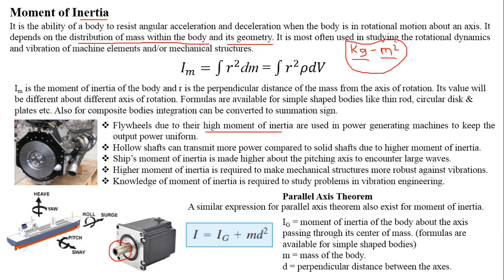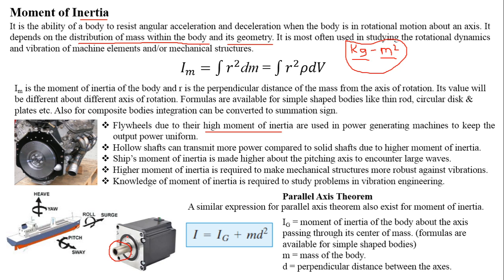This is because hollow shafts, because of their high moment of inertia, are able to transfer more energy, more power compared to solid shafts, even if they have the same mass. So this gives us an idea that if the mass of a body is located at a farther distance from the axis of rotation,